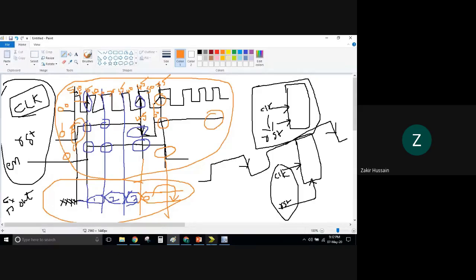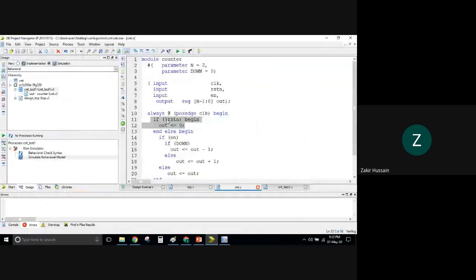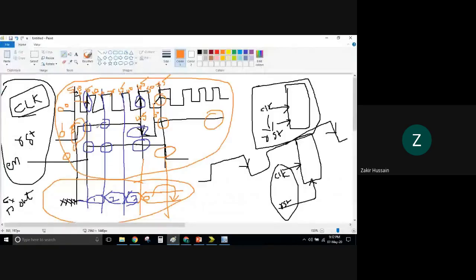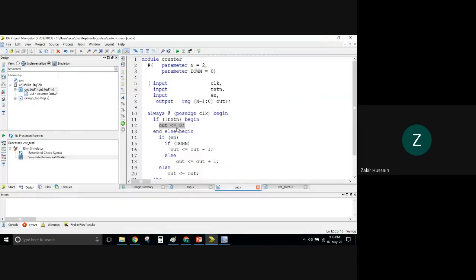This reset should have been here 1, and then it should have been here 0, not 1. Because the code, you see the code. When this is 0, then only it happens. In this code, the entire block, let me cover with some color. This portion I made a blunder mistake. It should not be high here. It should be 0 at this point. Because the code logic is written so that when it is 0, then it should happen, not at 1.